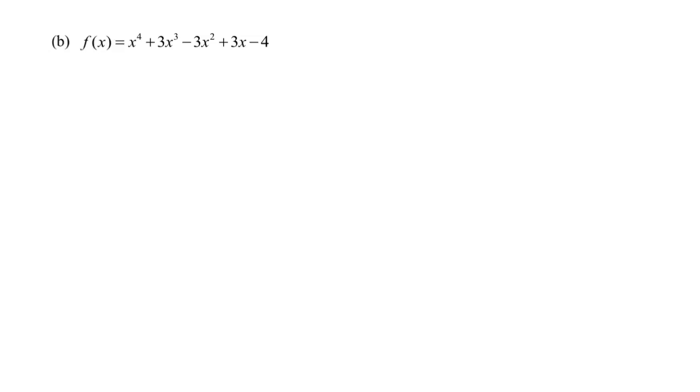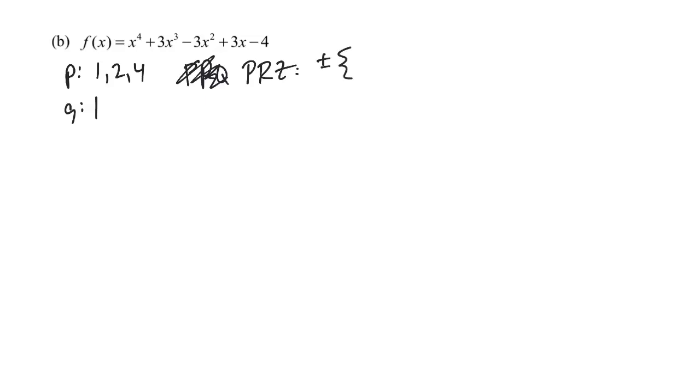And so, once again, I'm going to find my possible rational zeros by finding the p's and the q's. P is the factors of the leading coefficient, which is 4, and so that would be 1, 2, and 4. And q is the factors of the lead coefficient, which is just 1. And so that makes my possible rational zeros, positive and negative, all of the p's divided by 1, which would be 1, 2, and 4. Okay, so using the calculator to figure out which of those 6